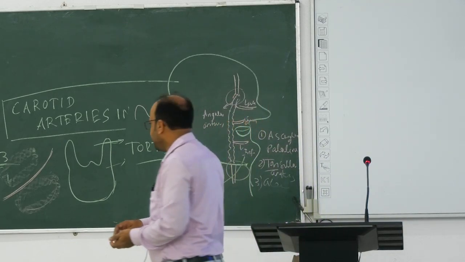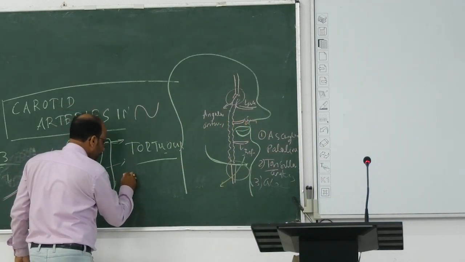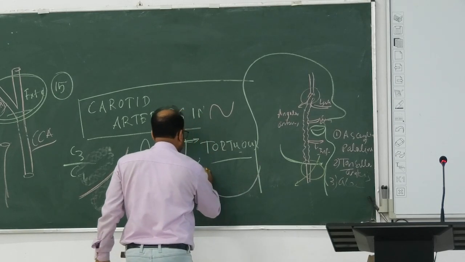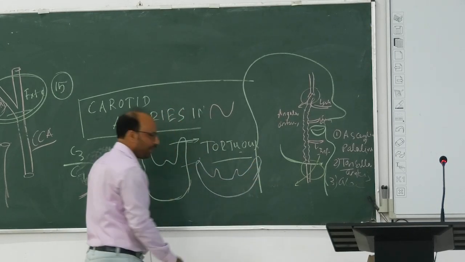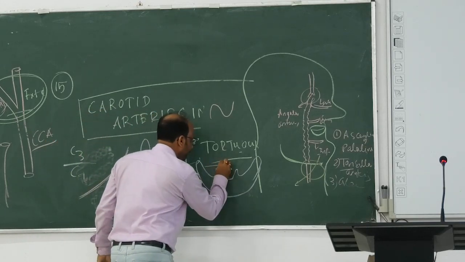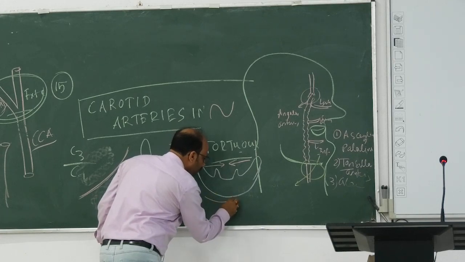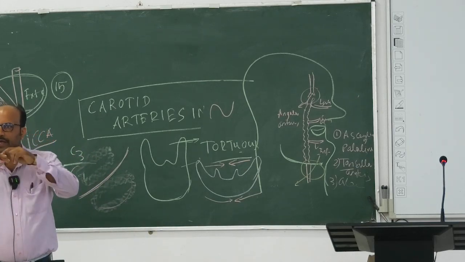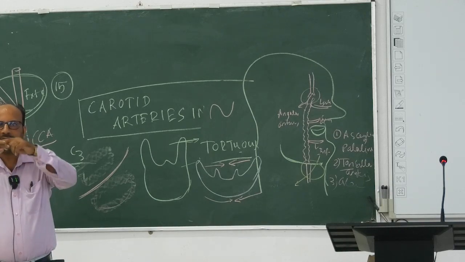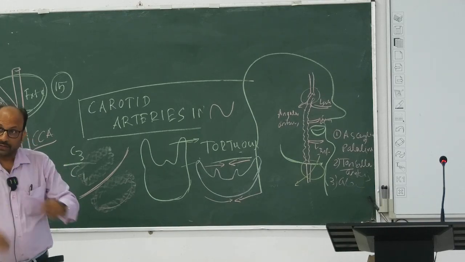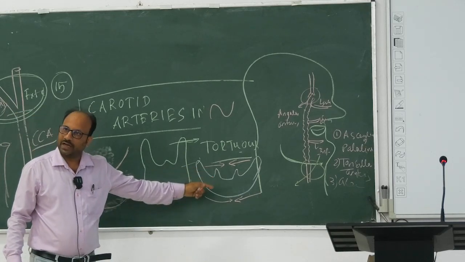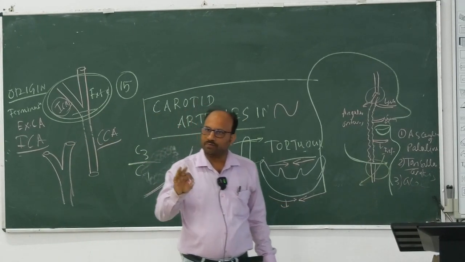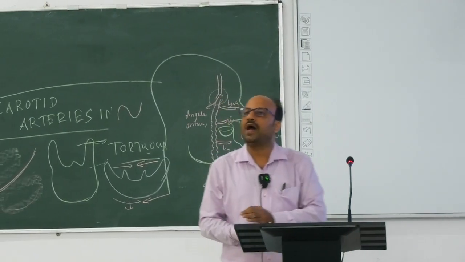কি কি ব্রাঞ্চ? ফার্স্ট পার্ট থেকে একটাই ব্রাঞ্চ দেয়। এই যে আমি এখানে হাইওয়েড এঁকেছিলাম না, এই হাইওয়েড বোন এঁকেছিলাম, এর ওপরেও আর্টারি থাকে। ওপরের আর্টারিটার নাম কি? হাইওয়েডের ওপরে আছে। কোনো কিছু উপরে থাকলে কি বলা হয়? সুপ্রা। তাহলে সুপ্রা হাইওয়েড ব্রাঞ্চ, সেটা কার ব্রাঞ্চ? লিঙ্গুয়াল আর্টারি ব্রাঞ্চ। ইনফ্রা হাইওয়েড ব্রাঞ্চ, ইট ইজ এ ব্রাঞ্চ ফ্রম দ্য সুপিরিয়র থাইরয়েড আর্টারি।